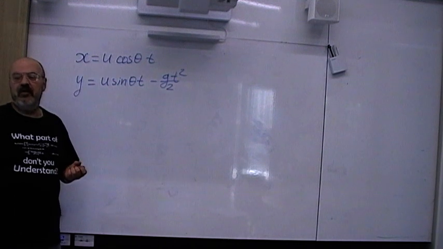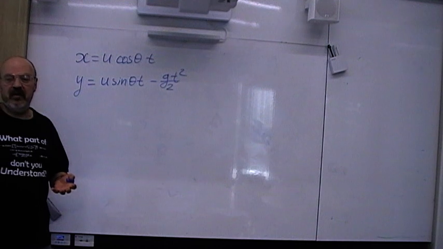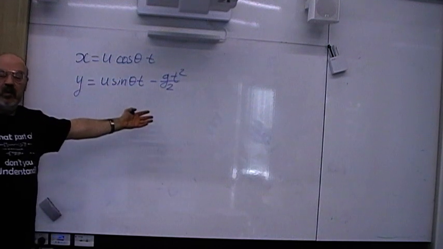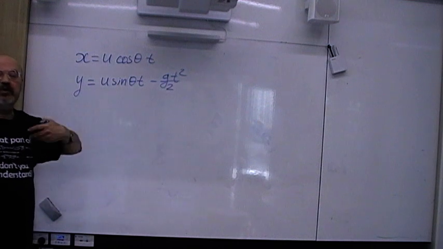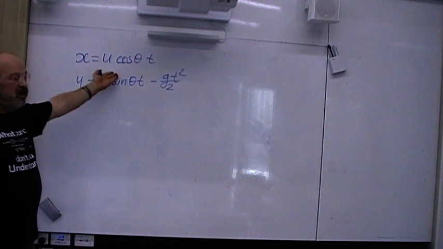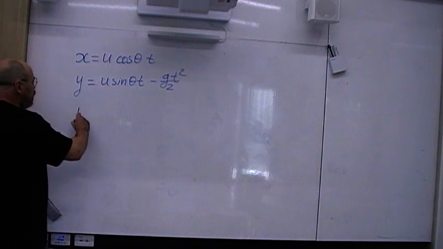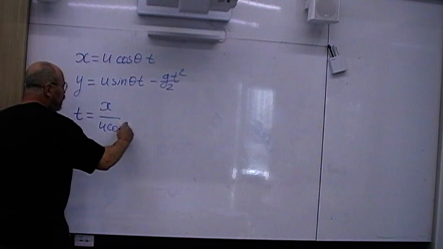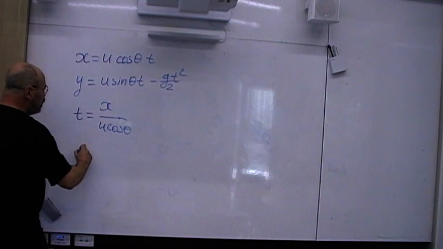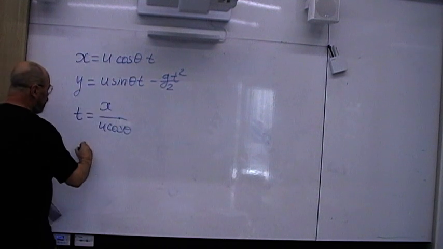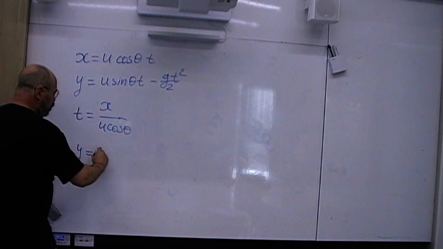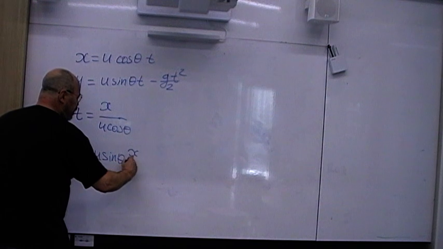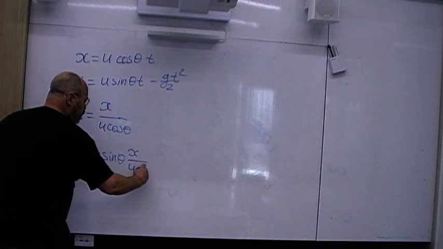Now we need to find the Cartesian equation of the path of the projectile. How do we do it? From which equation will we eliminate t? Obviously, this is much simpler. So we have t equals x over u cos theta, and you substitute it here. We get y equals u sin theta times x over u cos theta